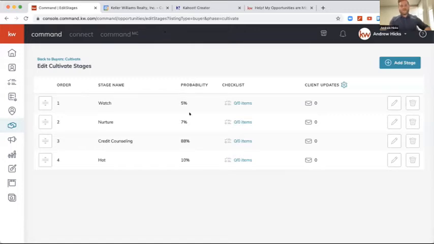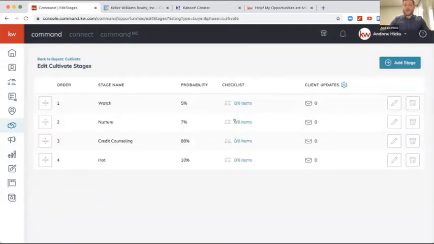So smart plans. If we wanted to add them to a smart plan, let's say for all of our buyers, we want to put them on a monthly neighborhood nurture or a bi-weekly one. That way they can start getting some ideas of prices in the areas they want to look at. So let's say we want to make a checklist item. Every time we drag an opportunity to nurture, we can have an item for us to check off saying that we put them on a neighborhood nurture. So to do that, if I hit this nice little pencil button here, the universal command sign for edit,